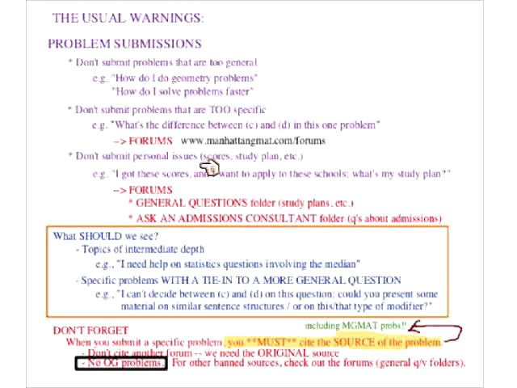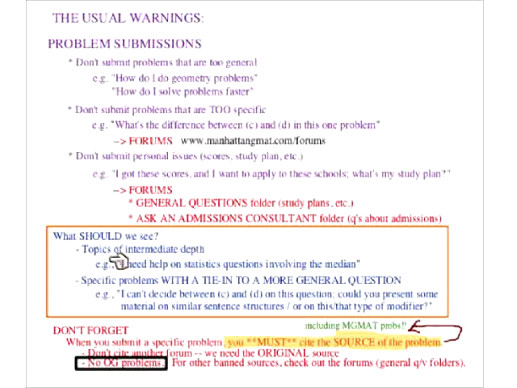Also, personal issues: if you have a score or study plan, something that's about you in particular, here's my scores, here's my plan, that doesn't belong in the study hall, it belongs in the forum, in the general folder. If it's an admissions question, we have a separate folder called Ask an Admissions Consultant that's run by the MBA admission firm with whom we partner. They're an admissions consulting firm and they will take those questions. There's a folder where you can ask admissions-related questions.